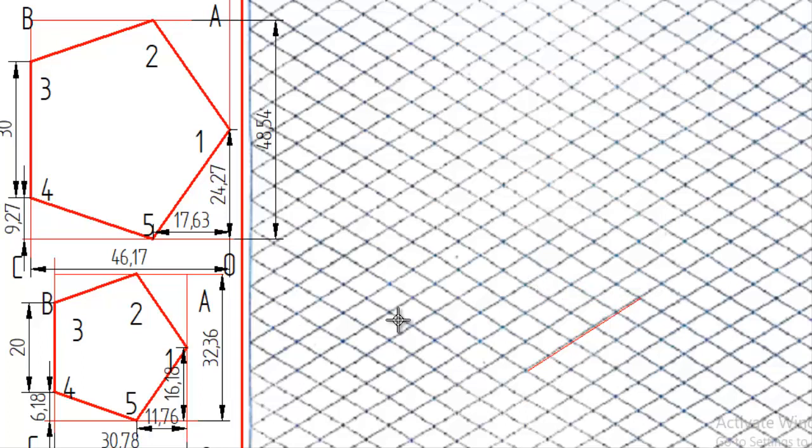And then O to C we have 46.1, that is 4.6, that is 4.5 boxes we can take: 1, 2, 3, 4 and half. And same way here, we will take the same 5 boxes. Okay, like this we have to finish it.